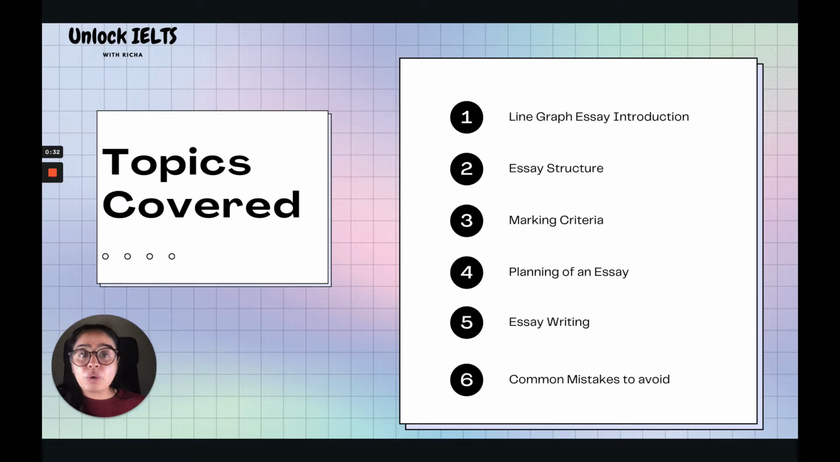To begin with, first of all we'll see what a typical line graph essay looks like. Then we'll have a look at the essay structure which you need to follow while writing an essay in your IELTS Writing Task 1. Then we'll understand the marking criteria, or the parameters which you need to fulfill in order to score the desired band. Then we'll understand the steps which you need to follow while planning an essay in your examination. Then we'll implement those strategies by taking a sample question. And lastly, we'll see the common mistakes which you need to avoid in order to score a higher band in the IELTS Writing Task 1. So stay tuned to this video till the end in order to learn all about the Writing Task 1 in